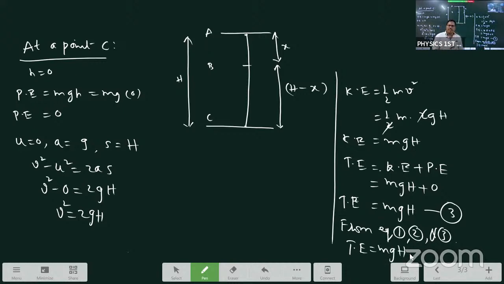So what is the conclusion here? Total energy is always constant, whether at A, B or C, wherever it is. Total energy is always the same. That is the conclusion from this discussion. From an examination point of view, it is the most important long answer: the law of conservation of energy in case of a freely falling body. Once you go through it,